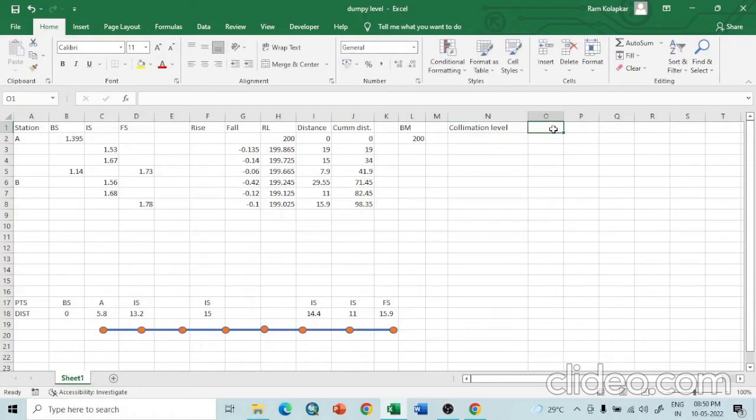Collimation level, and again we can calculate RL over here. So what is the collimation level? First we need to understand that. The collimation level is equal to the benchmark plus backsight; hit enter, and we get this value. RL is, as usual, 200 at the first point, and the second RL will be like this: